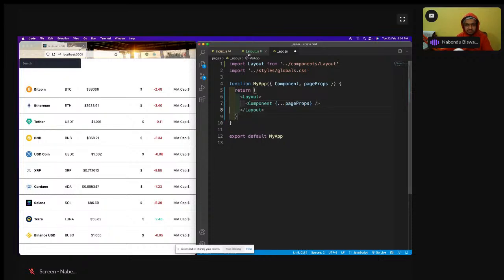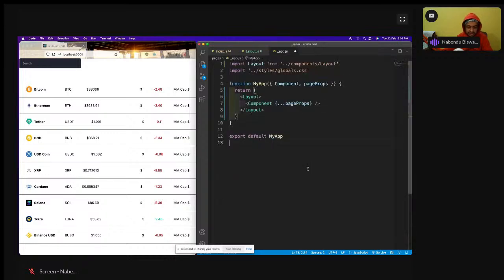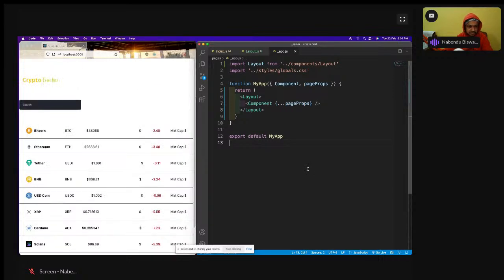See this children thing is very important. Header is okay. I'm just showing a logo. Header is this, children is very important. All the other components comes in this children. Okay, so this I have done. So this crypto tracker and all these things have been shown like this, and this was a small SVG logo which we have created using that. Okay, so that is there, and